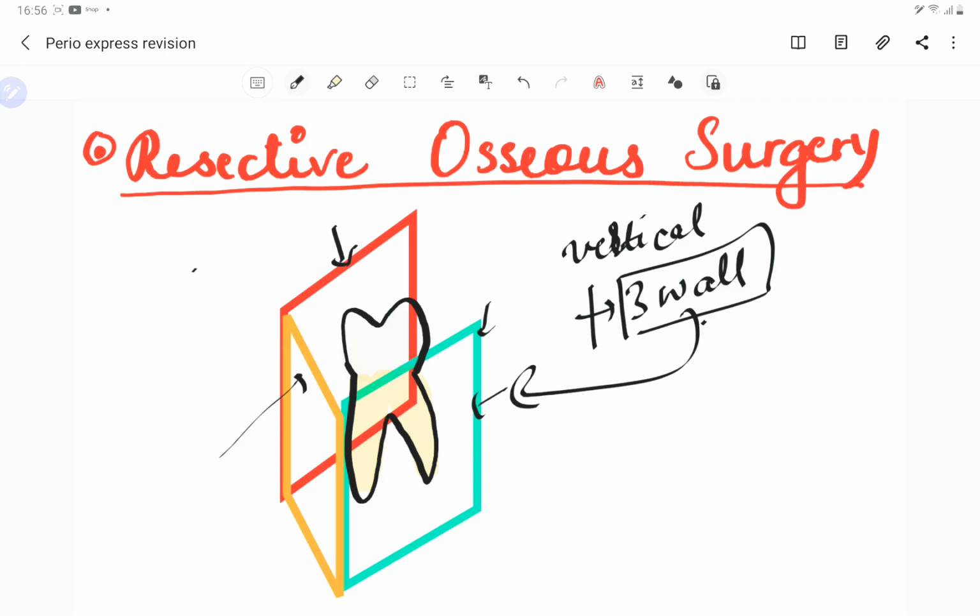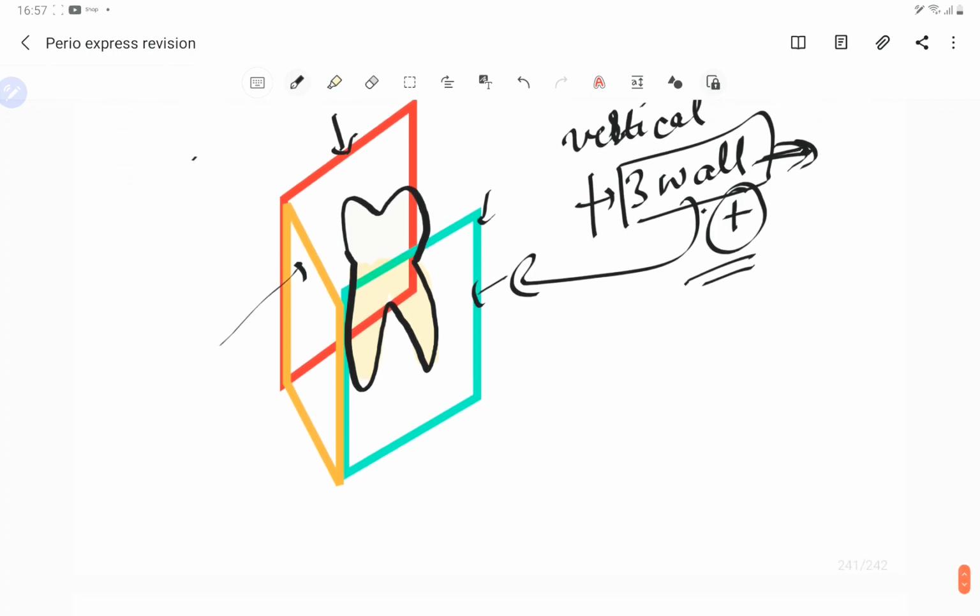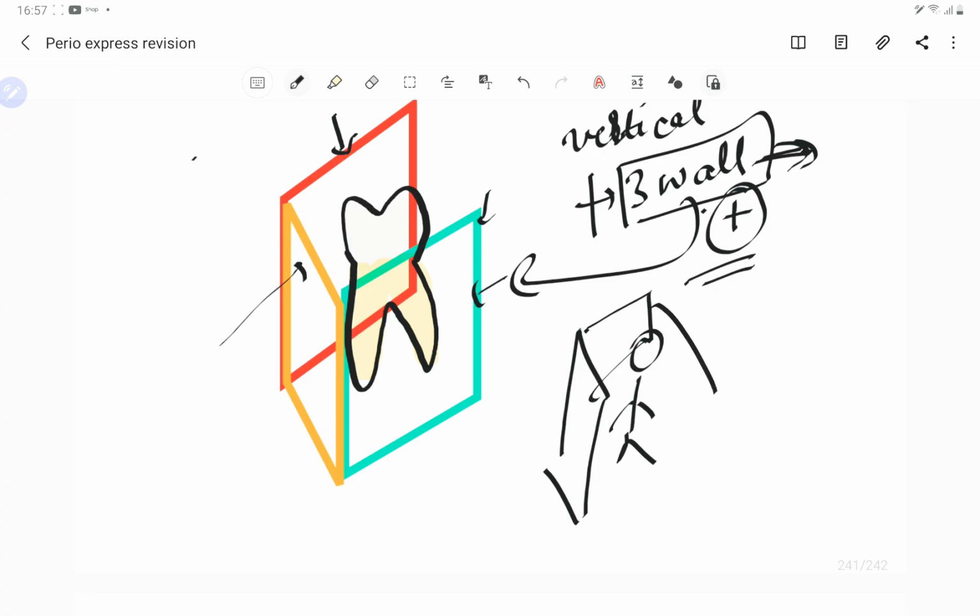So a 3-wall defect means 3 walls are present. Always say walls when talking about wall defects: 3 walls present means we can regenerate 1 wall. To understand this, imagine this tooth is you and you are standing in a room. There are 4 walls, 1, 2, 3 and here is the 4th one. Say you look around the room and see that 1 wall is missing. It is easy to reconstruct 1 wall if we compare it with a 2-wall or 1-wall defect.